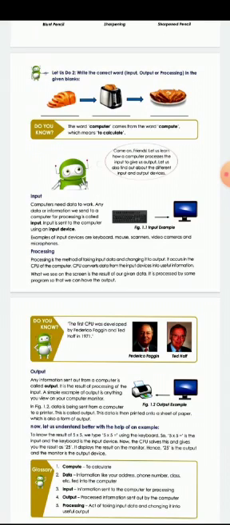If you want to make chapati, then what do you have to do? You have to mix atta and water. Atta and water you need as input. After that, rolling is done as processing. Rolling, frying, these two are done as processing. Later you will get chapati as output. Like that, to get anything you have to give something.